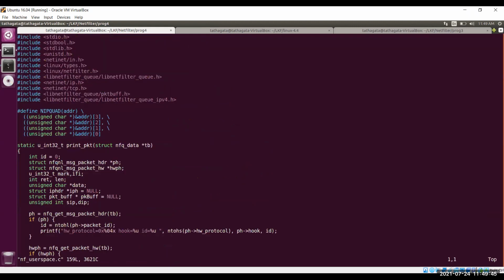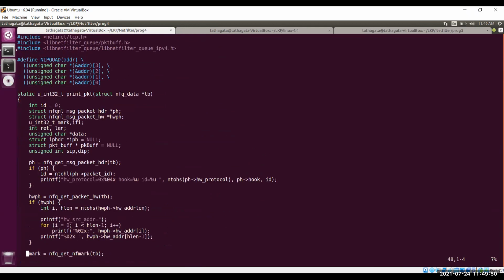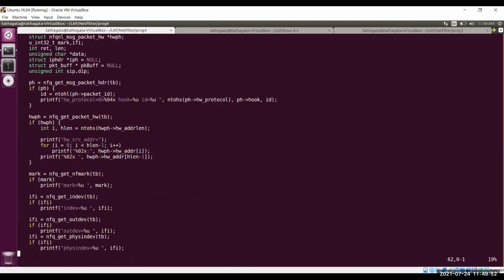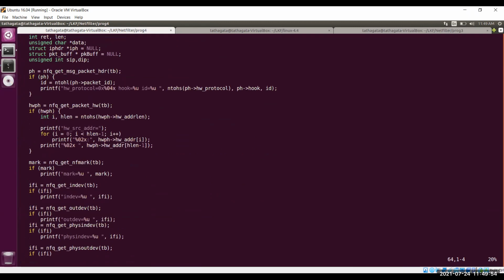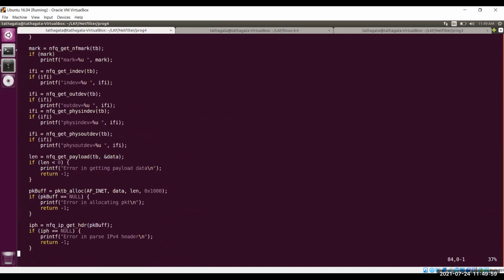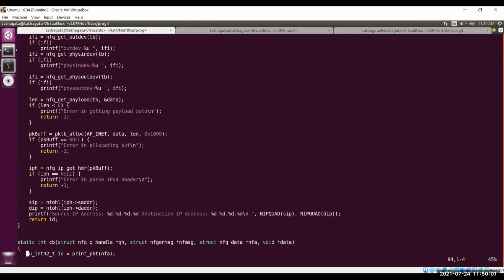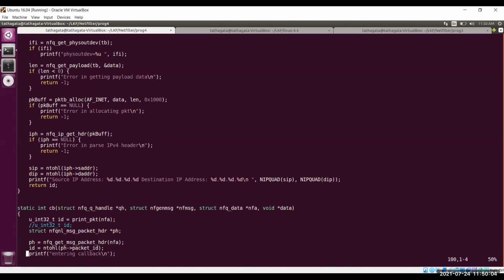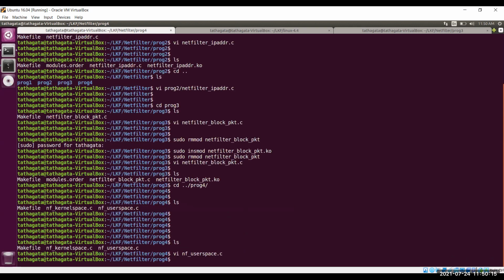This is the user space program. It is not doing anything much, just displaying whatever information it is getting from the packet, nothing else. So just showing the IP address. Instead of in the kernel modules, we are now showing the IP address at the user level. But one interesting point is there. During the run, I will show you. And in the kernel space,